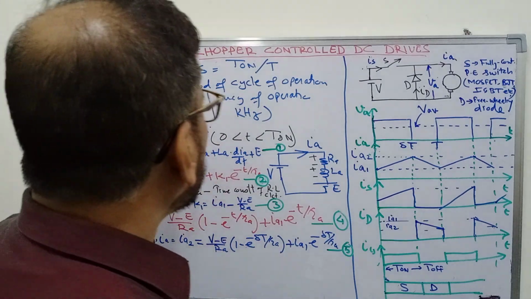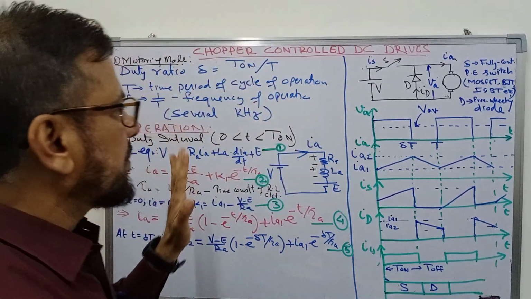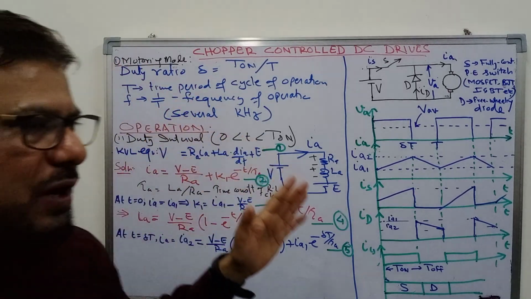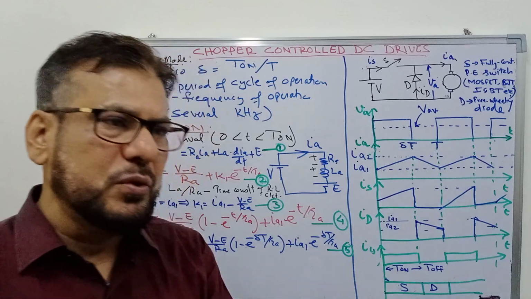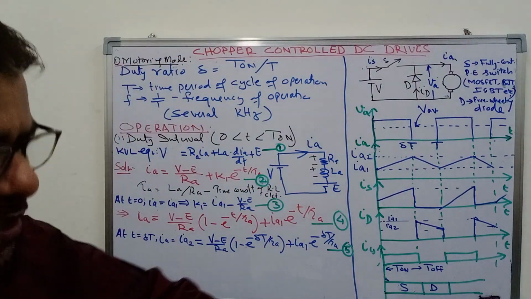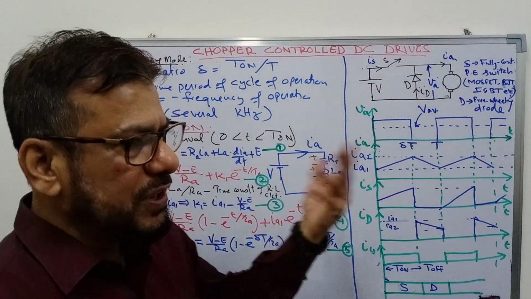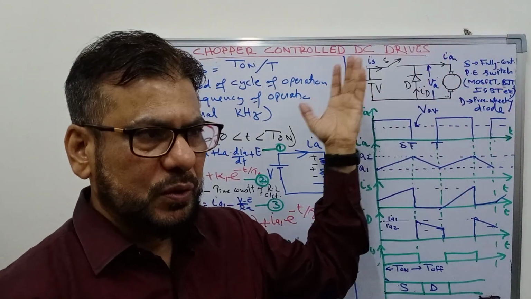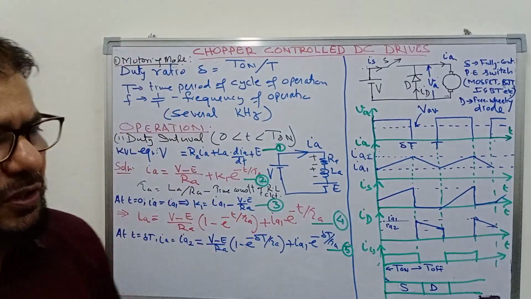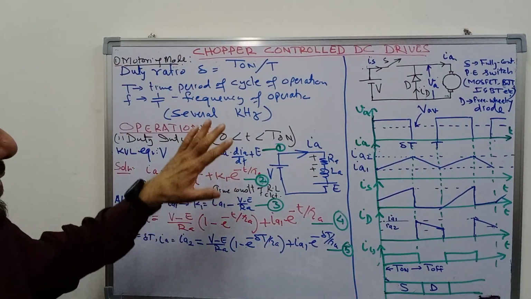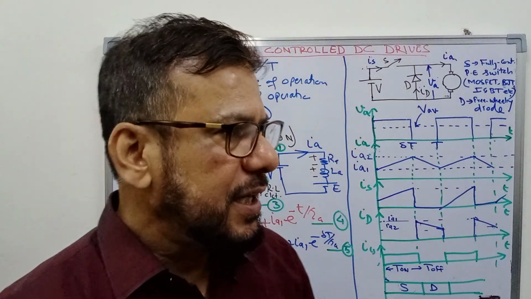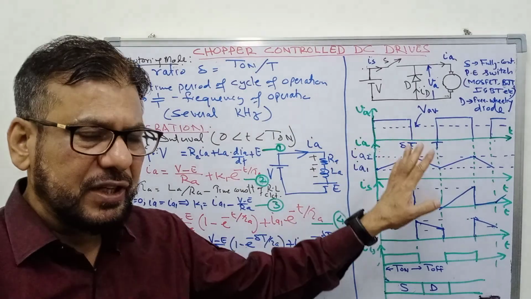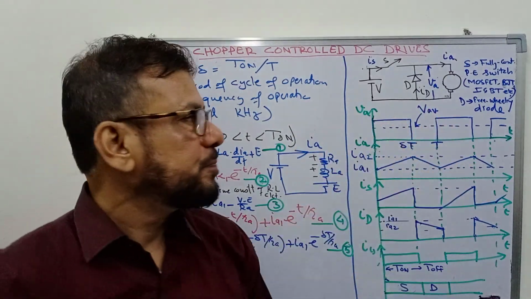So there are two possible ways in this. One is the motoring mode, that is when the power flows or energy flows from source to motor and the machine operates in the motoring mode. And the other way is the energy flows back from motor to source side, that is generating mode. So today I will discuss the motoring mode and the circuit that is used for this motoring mode operation. I will discuss and briefly explain its operation.